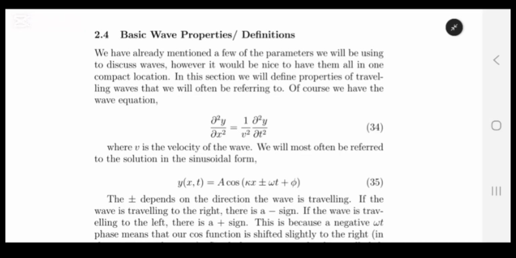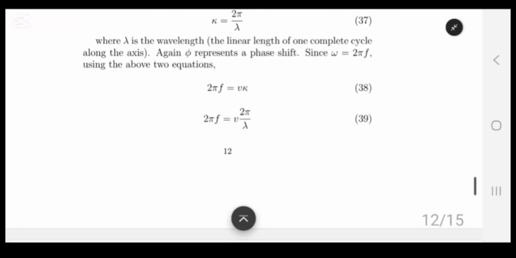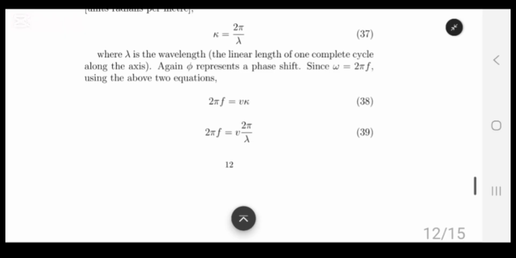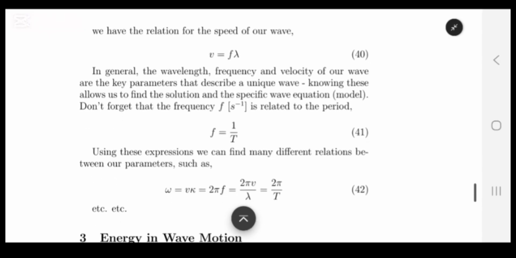All right, so the final topics we're going to talk about today: frequency still exists. Frequency is one of the periods, same as before. We have this new expression for omega, so omega is vk, which is still 2 pi f, and we can replace kappa with the wavelength expression, we get a different expression. We can replace f with 1 over T, get a different expression. So there's a bunch of different expressions for different wave parameters we could use if we wanted to calculate something, like, what's the wavelength of that wave based on this speed and frequency? So you can calculate the properties of a wave based on how these parameters